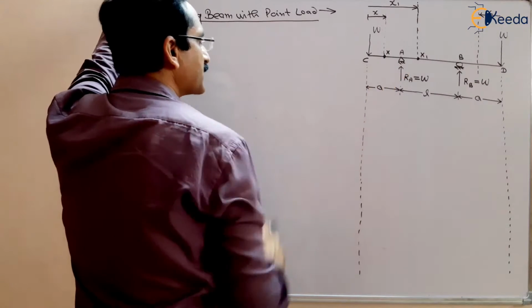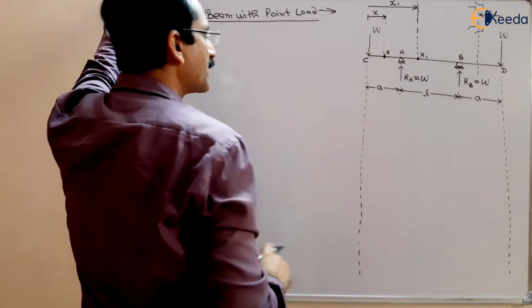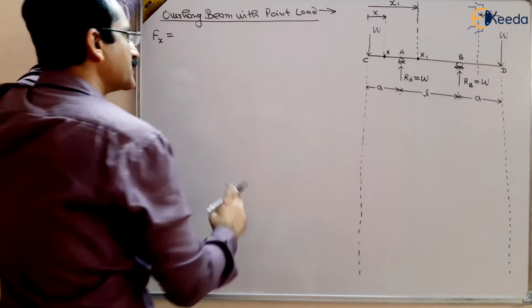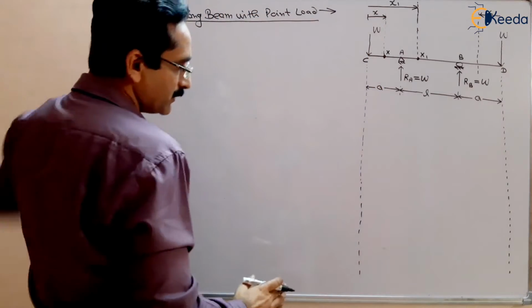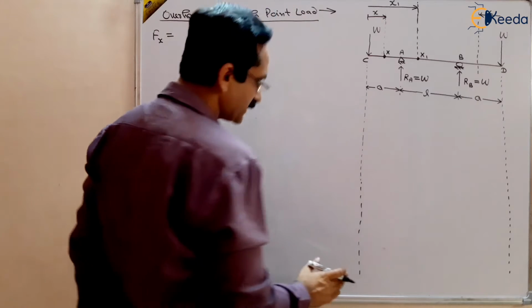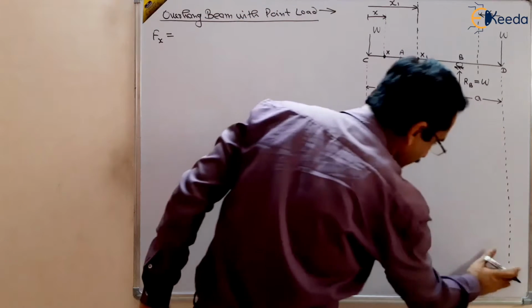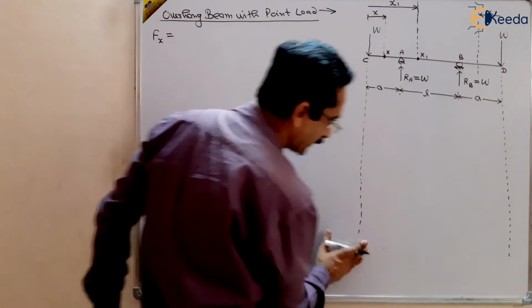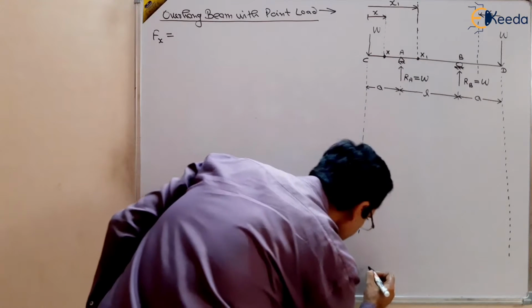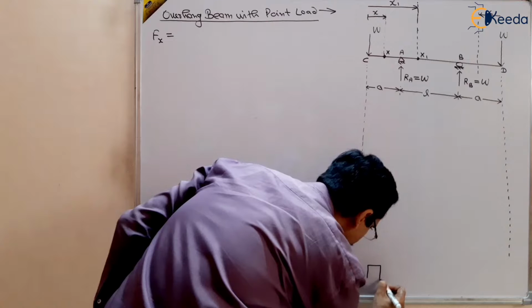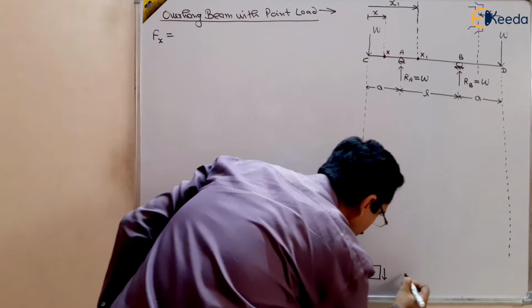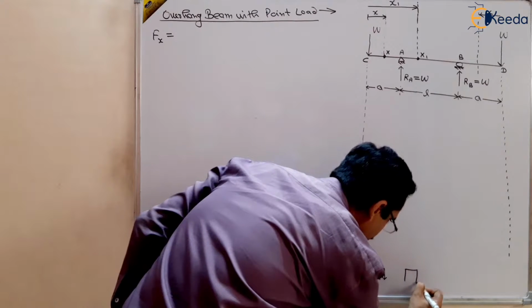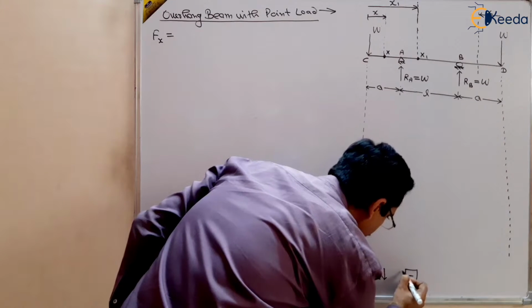And on the left of the section there is one force W, and according to sign convention this is negative, right? You remember the sign convention. I can make the sign convention again so that you may be reminded. At the bottom I am writing the sign conventions. So this is the sign convention. If you remember, this we have taken positive, and this sign convention for shear force we have taken negative.